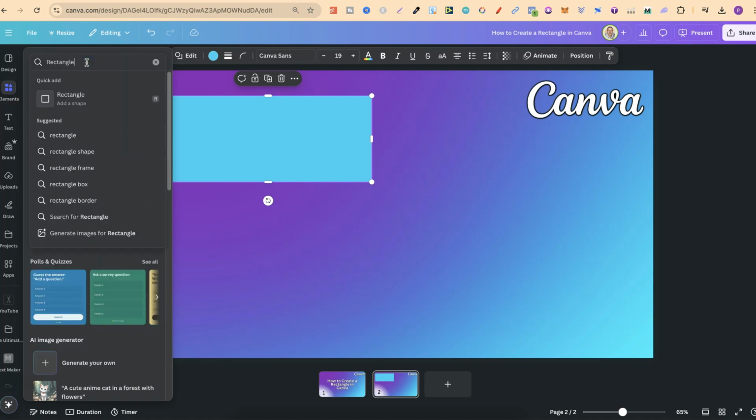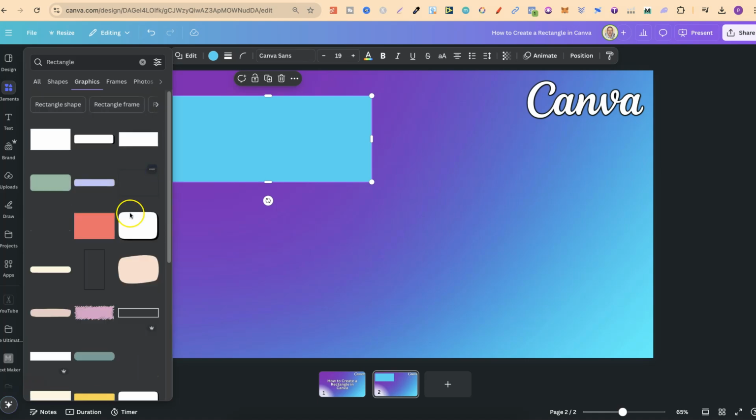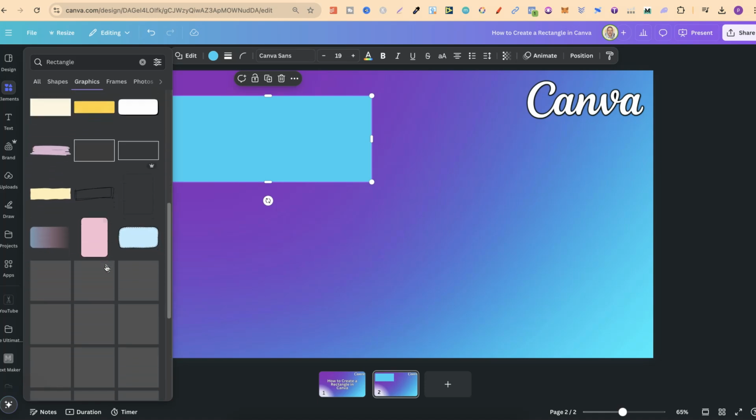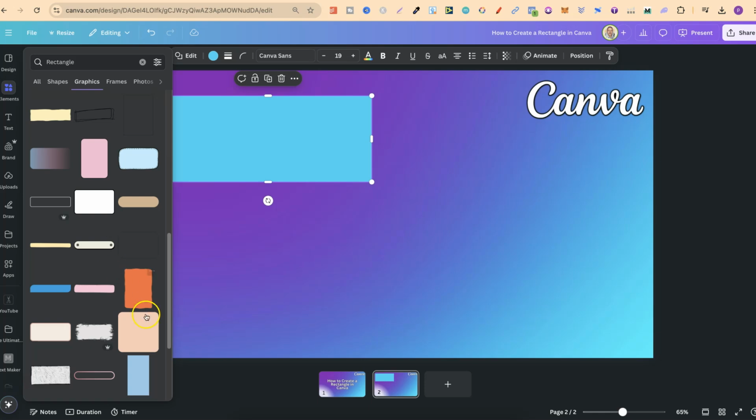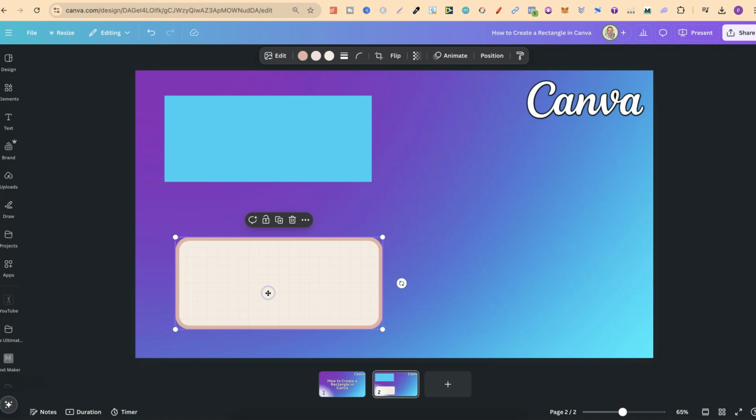But if we want a different rectangle, we can type that in the search bar, we can click enter, then we're going to have a lot more options, but they're not going to be very customizable. So if we come onto graphics, there's all of these different rectangles that we can use. Then if we click on one of these, it's going to add it to the page. This one we can customize a little bit because it's an SVG, which means we can actually change the colors